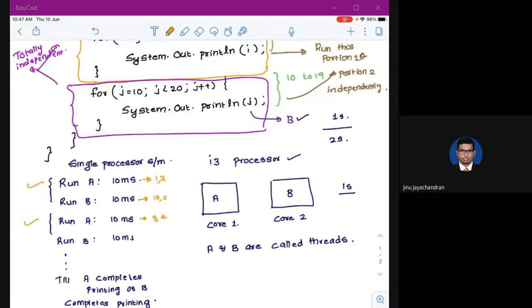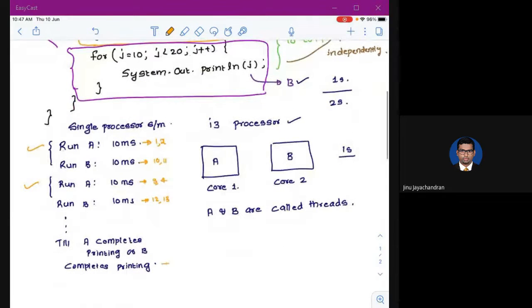And in the next 10 milliseconds, B might have printed 12, 13. So you see that the program hasn't finished execution. It is still running. When it completes, A might have printed till 9 and B might have printed till 19. But it has finished execution and then it will be taken away.